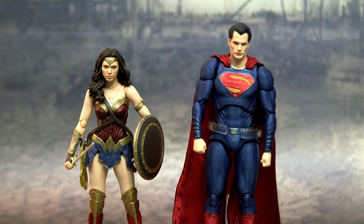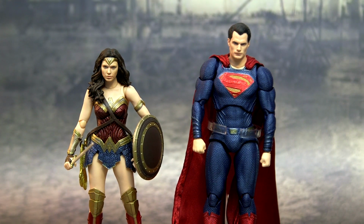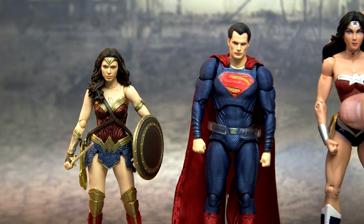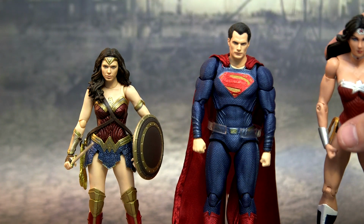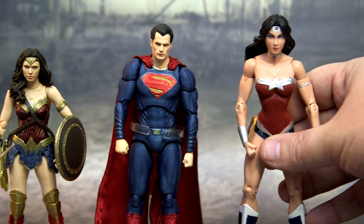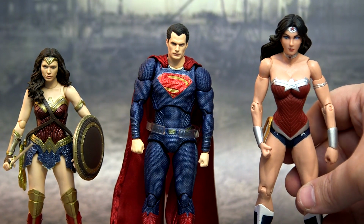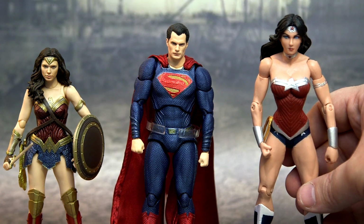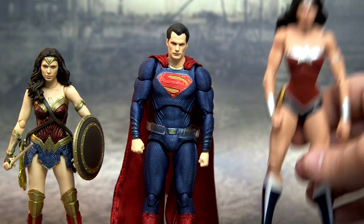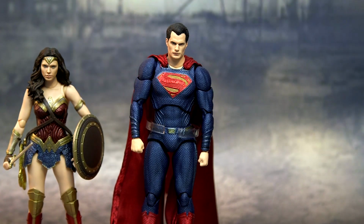Let me see what I've got over here. Let's look at this, the New 52 DC Collectibles Wonder Woman, which is definitely bigger than Superman. I just grabbed this figure because I forgot I even had it, and it was sitting down beside me. It's actually a pretty cool comic Wonder Woman. So between this one and SH Figure Arts, I kind of like the figures I have. And let's throw over here, which I know will be towering over top of him,